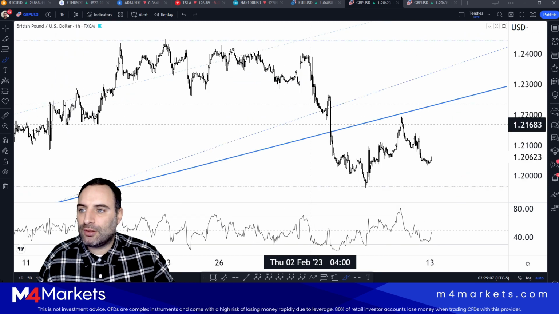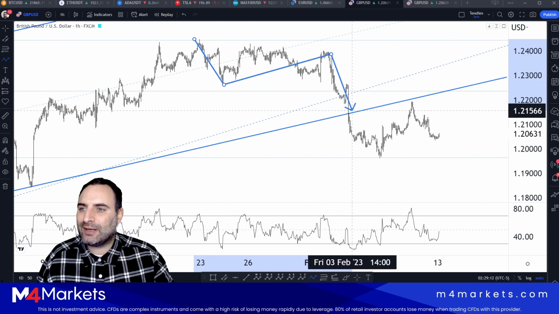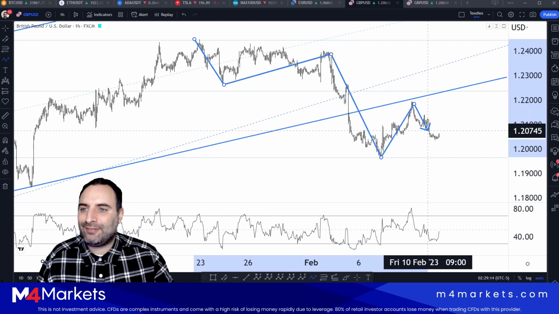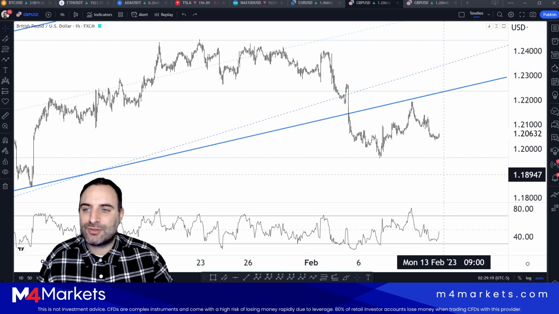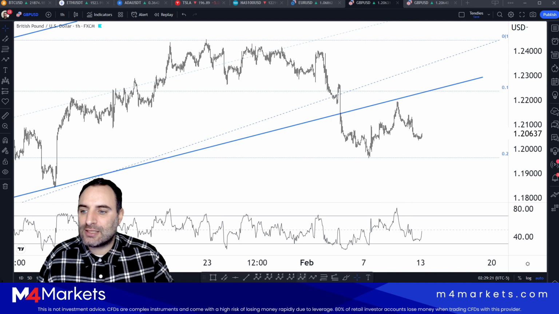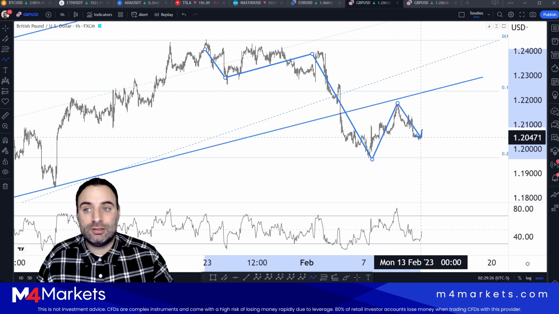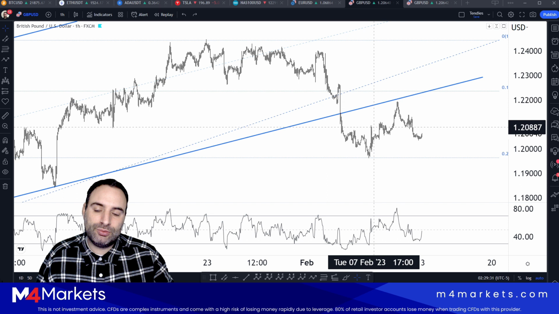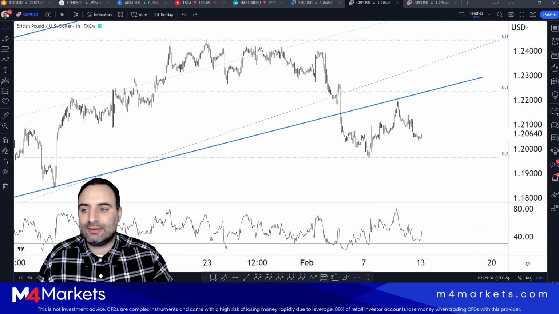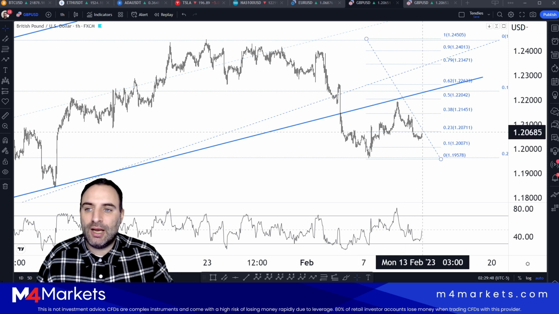But if we go down on the 1 hour, we are also going to see that it's a little bit more clear that we actually need to do one more leg to the downside over here. So we have to see this. Otherwise, that would imply that this is just going to be a correction, and we started another leg to the upside. But personally, due to the structure that we see taking place, it doesn't look very possible. So we did an attempt at the 50, we failed, fell below 38, below 23,